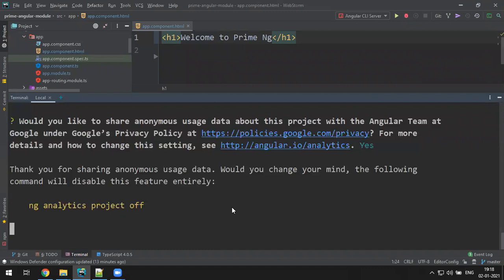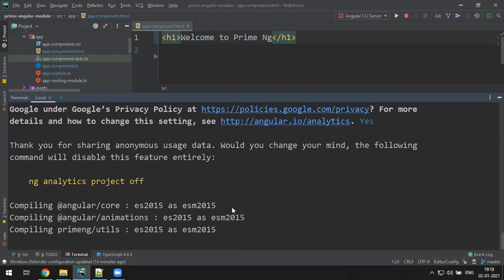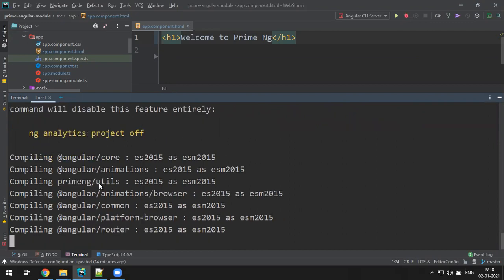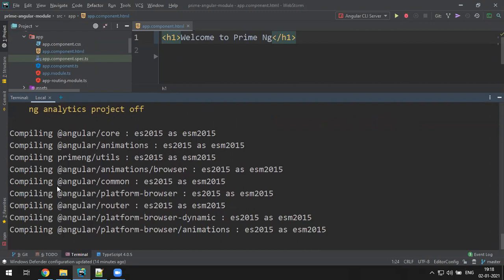Yes, enter. So the first time it will take some time. It's loading all the modules, core, PrimeNG.